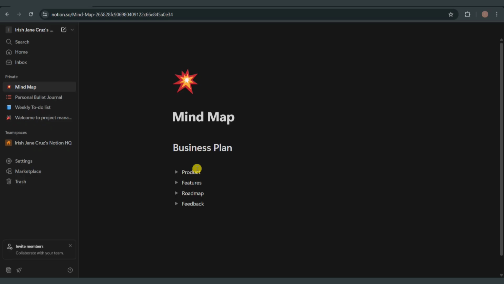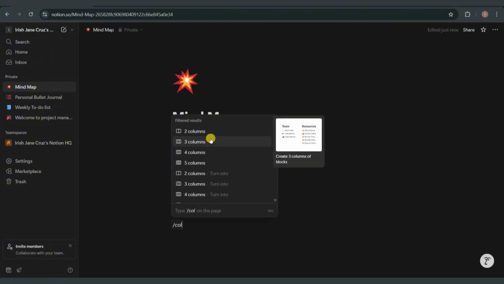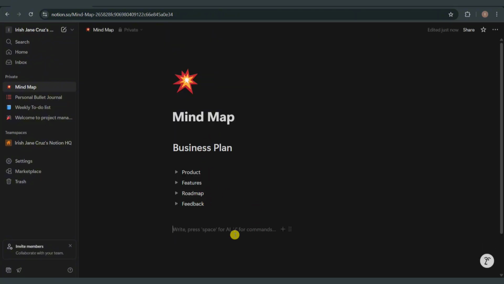Use columns for horizontal layout. So to create a column, you need to go ahead and enter /column into the section and then select how many cells you want your columns to have, and then go ahead and enter the things that you need to enter from here. You can also add visual elements,